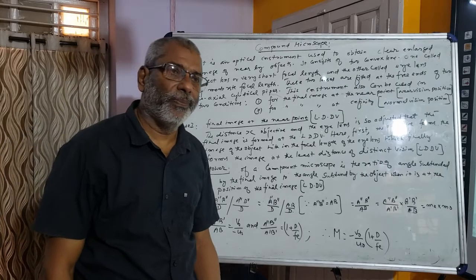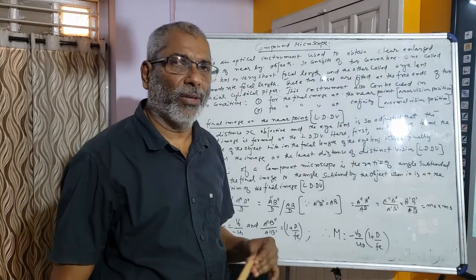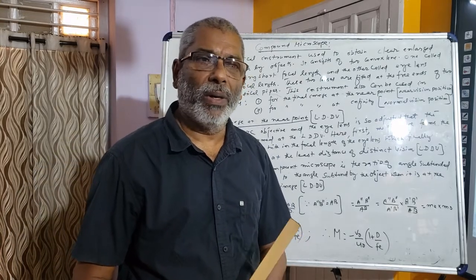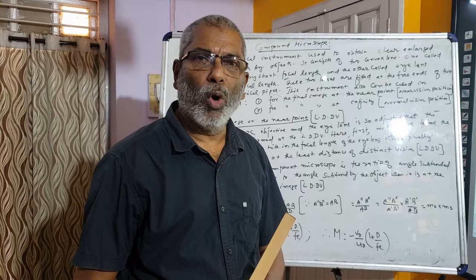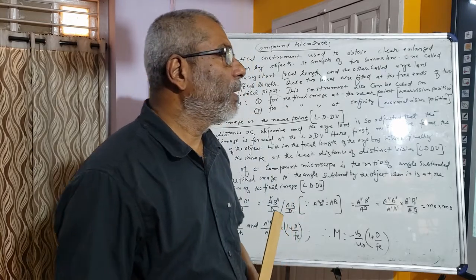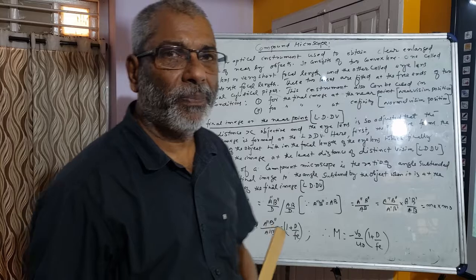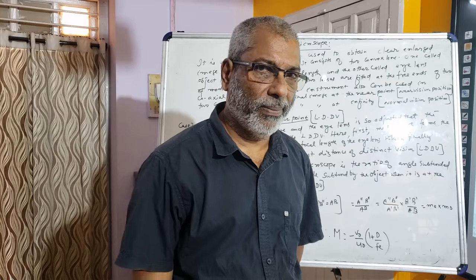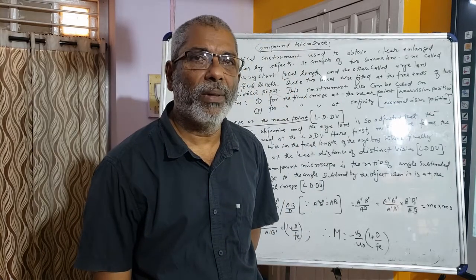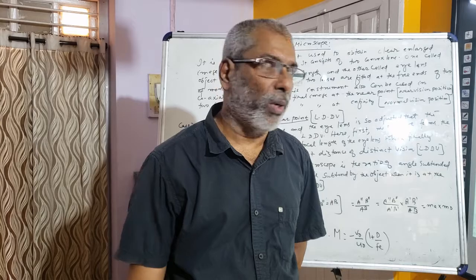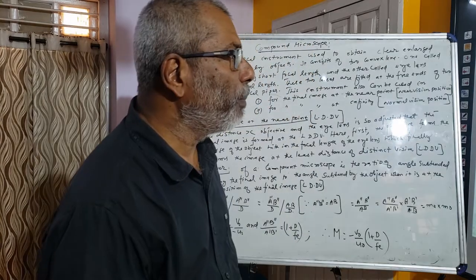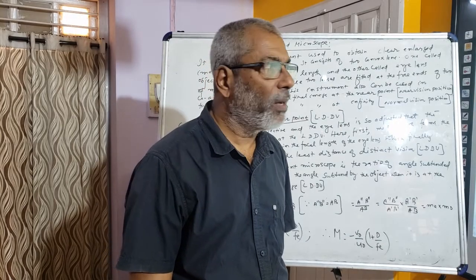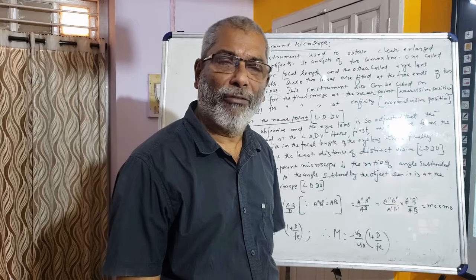So we have already discussed the simple microscope in the previous class, and we derived the expression for its magnifying power as M = 1 + D/f. In that expression you see that magnifying power is inversely proportional to focal length. It means when the focal length is less, the magnifying power of the simple microscope is more. Please remember the relation of magnification of a simple microscope once again: M = 1 + D/Fe.